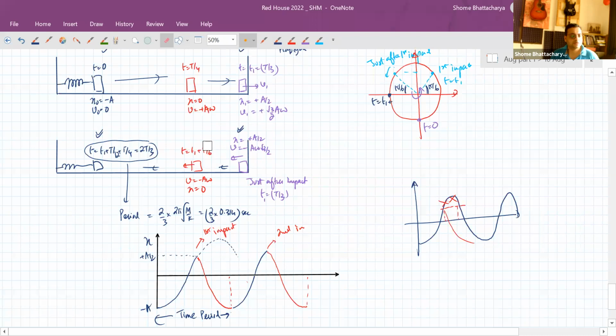This one will be like 1/6 of the full cycle from here to here. So that is why my t1 is actually what it is, T by 4 plus T by 12. So it's T by 3. And then this time,